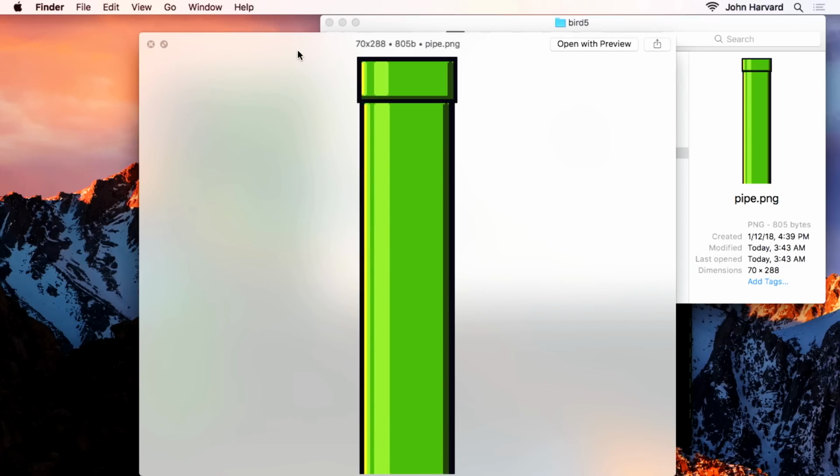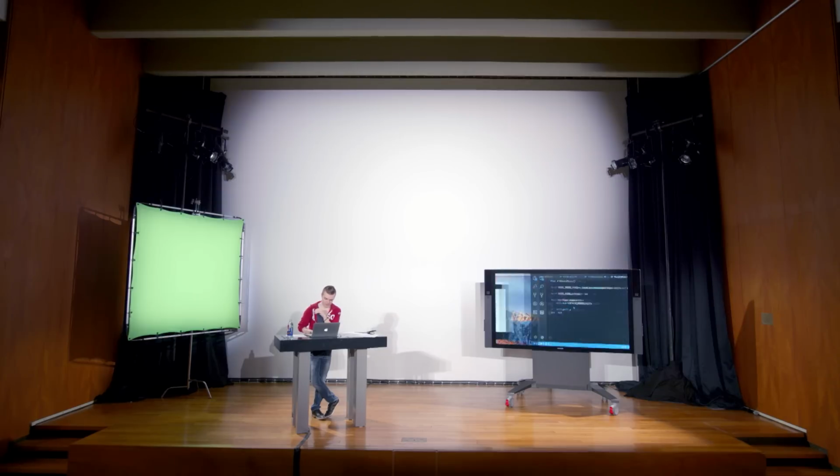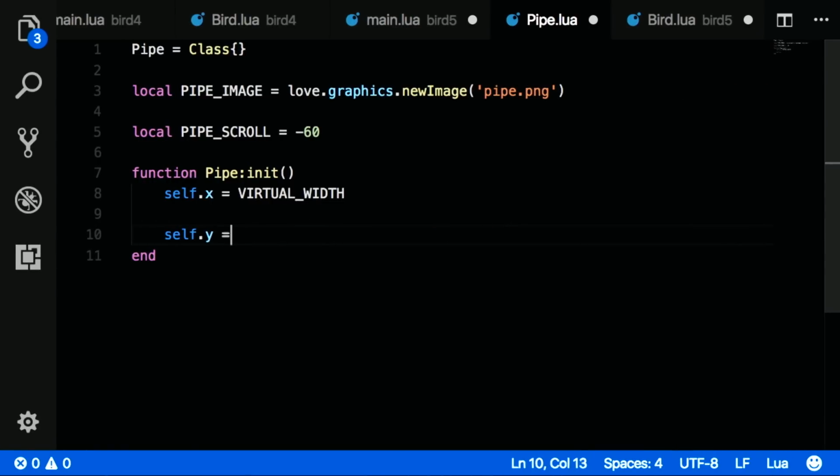Where should we probably place it if we wanted it to look similar to Flappy Bird? Probably towards the lower end of the screen. We can get fancy with it too, and maybe make it randomized, just like Flappy Bird. So we'll go ahead and do that. I'm going to copy this and put it into our Scratch folder here. Back in the init function, I'm going to set self.y to,